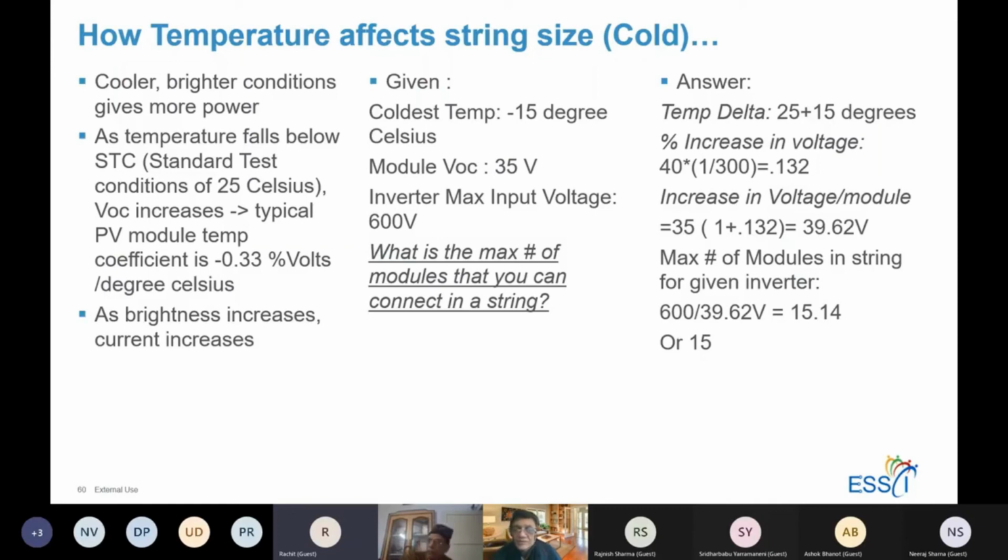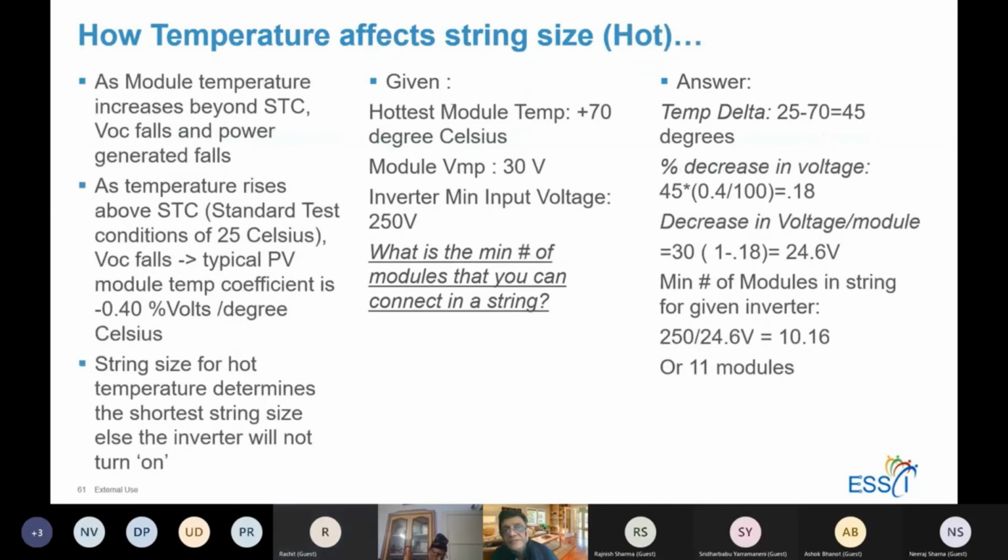Okay, at some point of time I will study that a little more, but taking you on your word. But guys, you're getting to see what this means. You can factor this in to define the maximum string that you can configure in your PV system. Okay, there is a minimum number also that is relevant.